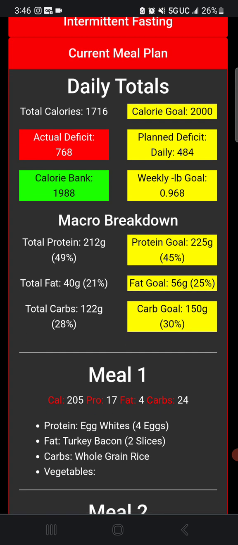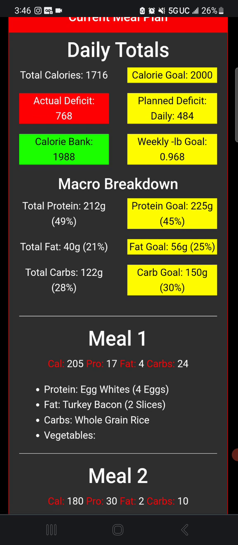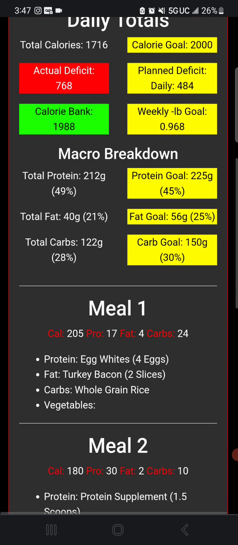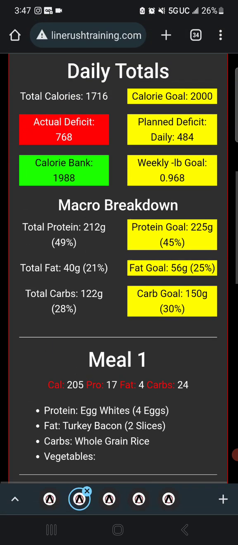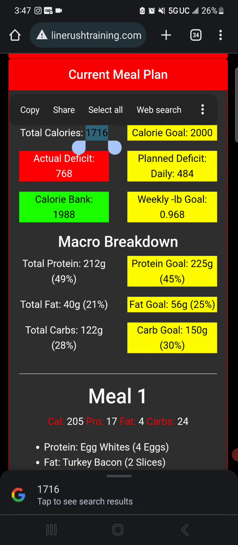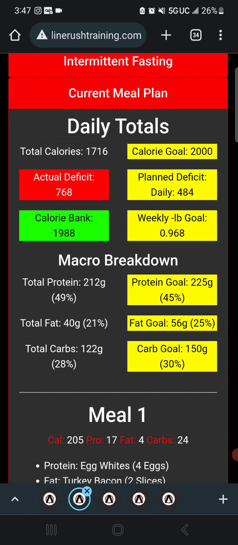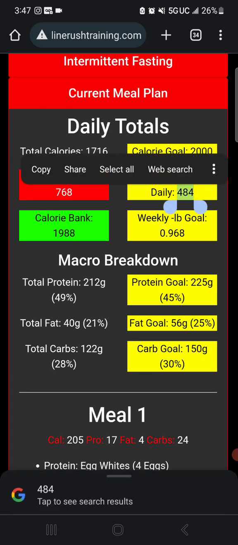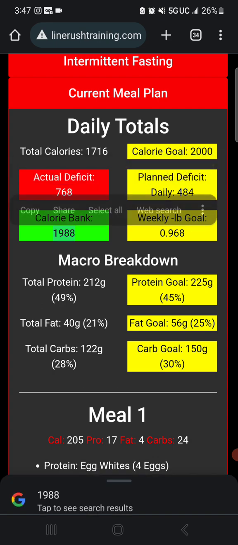My protein goal is 225 grams or 45% of my daily calories. My fat goal is 56 grams or 25% of my daily calories. And my carb goal is 150 grams or 30% of my daily calories. You can see on the left here, the meals that I've built. I've got 1,700 calories, so I'm not reaching my 2,000 calorie goal. I'm actually in an increased deficit. Instead of a 484 calorie deficit, I'm actually at a 768 calorie deficit, which gives me a calorie bank